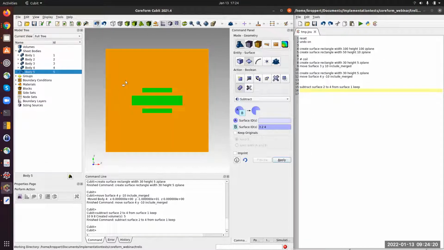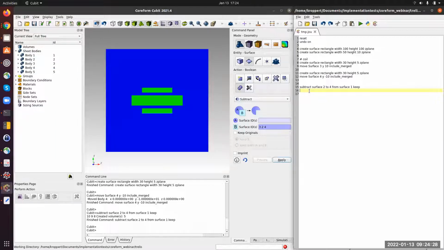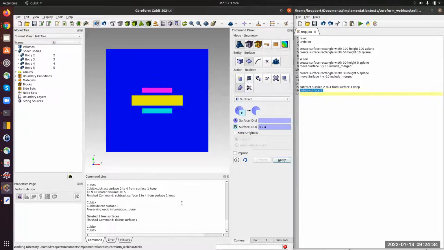Okay, so this is our final air domain with the 3 holes in it, and we can delete the first surface that we don't need anymore. We write delete surface 1, and we're good. Okay. Now at this point, we have to think about how we tackle the meshing of this